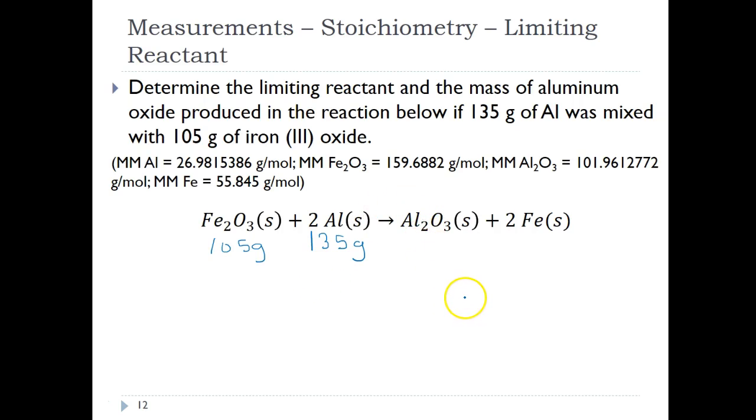The way that I always solve these, we're trying to figure out the limiting reactant and the mass of aluminum oxide that was produced. So I'm going to do this as a stoichiometry problem where I'm solving for grams of aluminum oxide, because that's what the problem asks me to do. I'm just going to do this calculation twice, once starting with each reactant. So I started with aluminum: 135 grams of aluminum, and I'm just going to do some stoichiometry to get my answer. I'm going to use the molar mass of aluminum, which I gave up there,